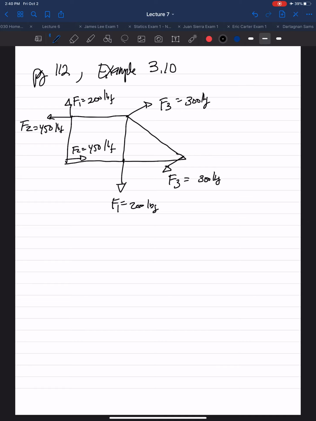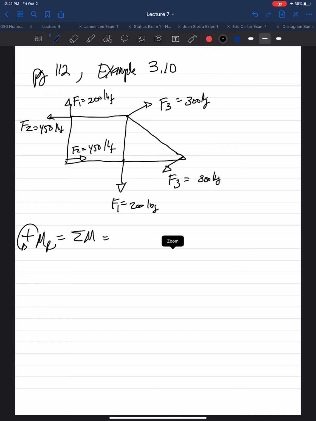So the F3s are parallel to each other, opposite in direction, equal in magnitude. That's a couple moment they produce. The F1s are opposite in direction, equal in magnitude, parallel to each other, so they could produce a couple moment, and likewise with F2. So once again, the resultant couple moment is the sum of all the couple moments. So it'd be,